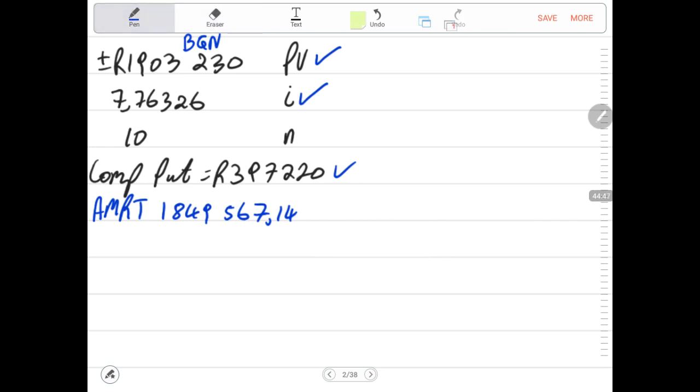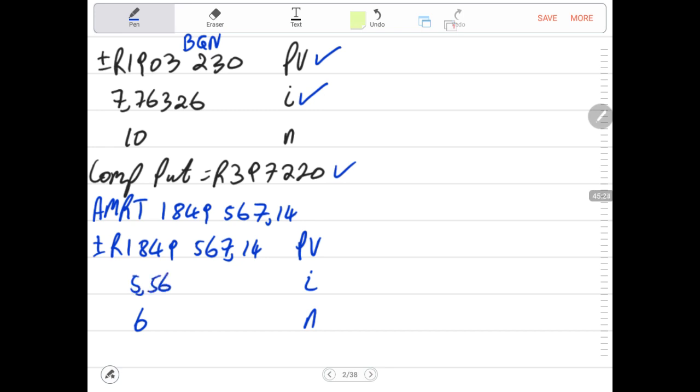So now the interest rate changed at the beginning of year 6. So now that means this plus minus now this 1,849,567 rand 14 cents ends up now being a present value. Then we are looking for now for the new calculation, the new PMTs. Then we said our N will be 6 because 4 payments were already made. Then our interest will be